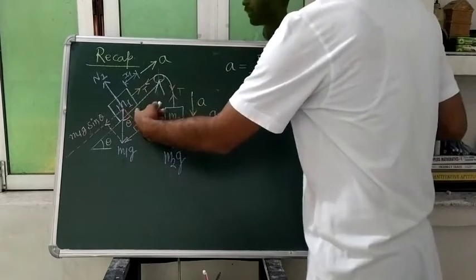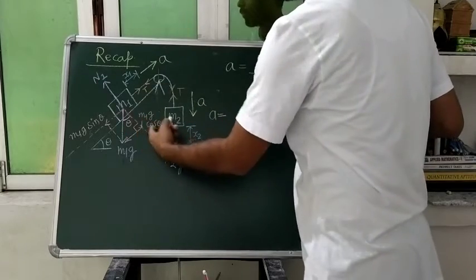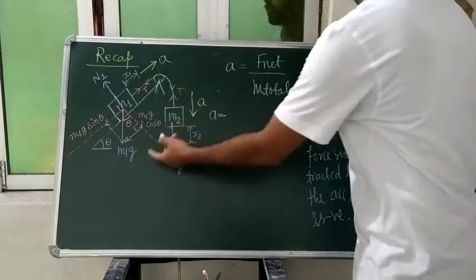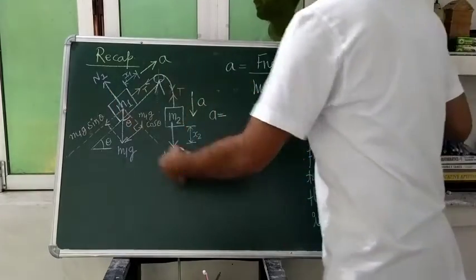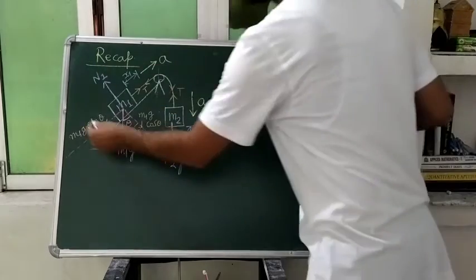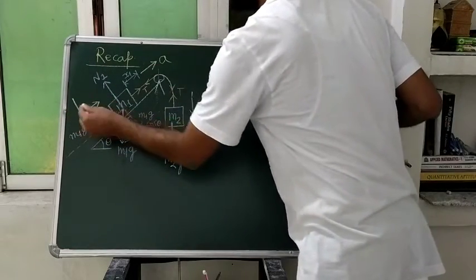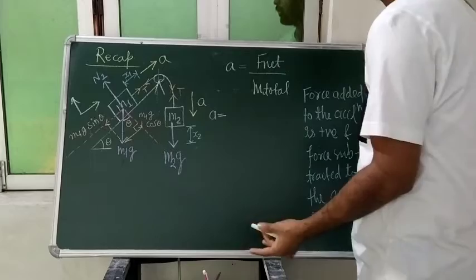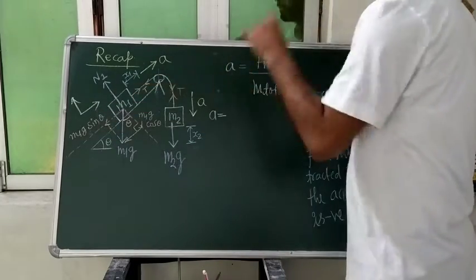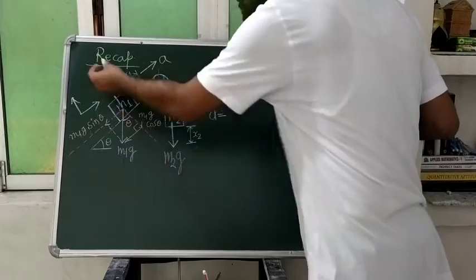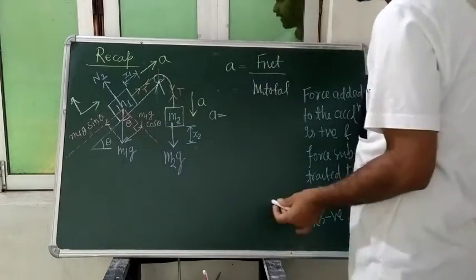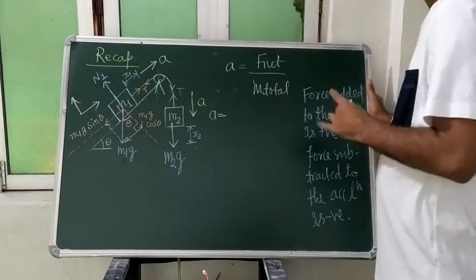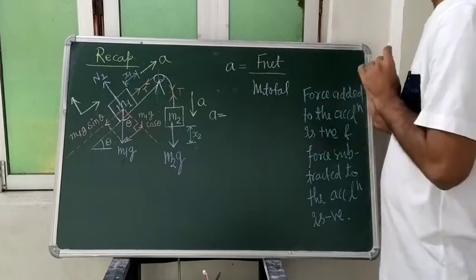when we start here, this N1 and this M1G cos theta will have no effect on that acceleration. It is not going to affect the acceleration, because no acceleration is present in the Y direction. Suppose this one we are selecting as our coordinate, it is our x, this one is our y. So in the y direction no acceleration is present, only in the x side. So these forces are not going to affect the acceleration, and tension we will not take into account.